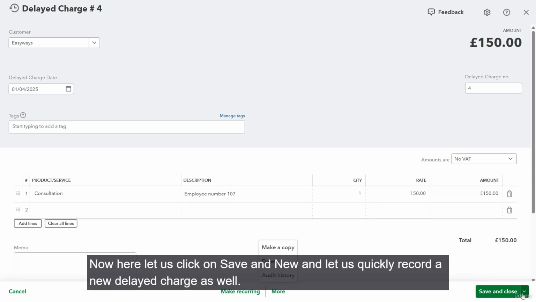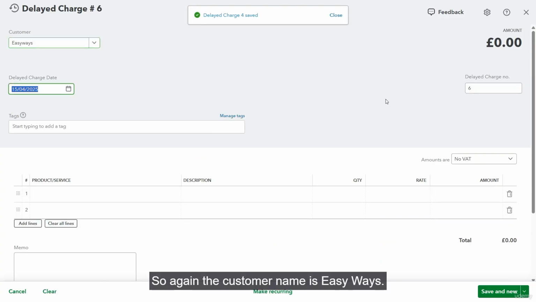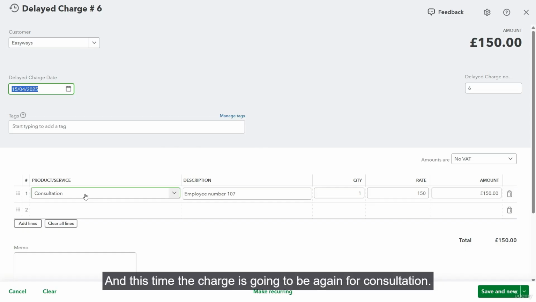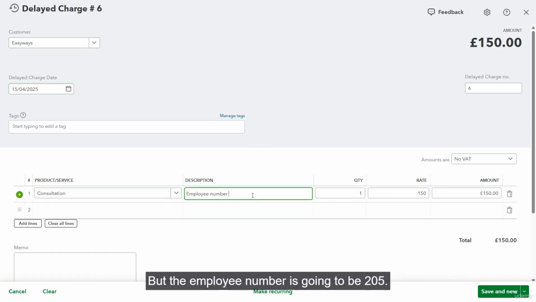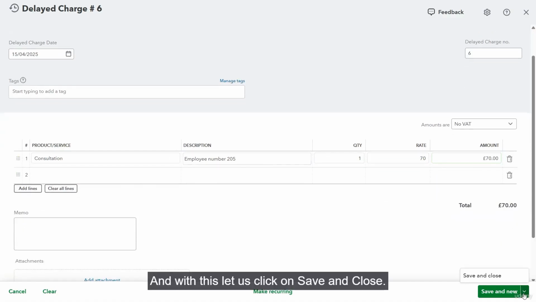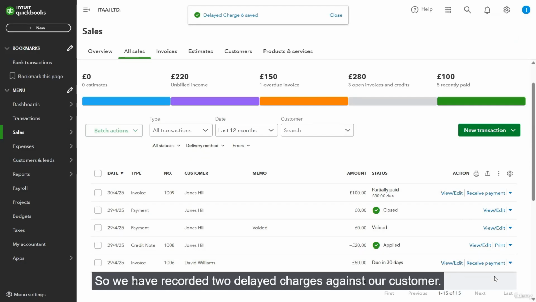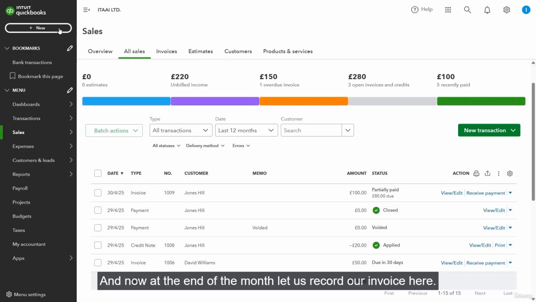Now here, let us click on save and new, and let us quickly record a new delayed charge as well. So again, the customer name is EasyWays, and this time the charge is going to be again for consultation, but the employee number is going to be 205. The rate for that is going to be 70, so total amount is going to be 70 pounds. And with this, let us click on save and close. So we have recorded two delayed charges against our customer EasyWays, and now at the end of the month, let